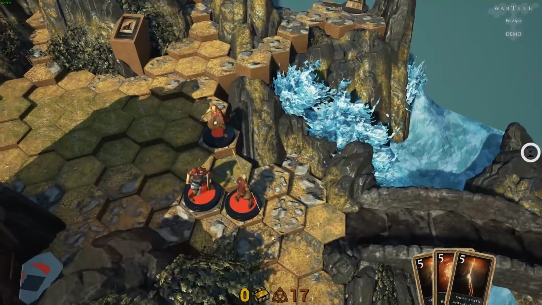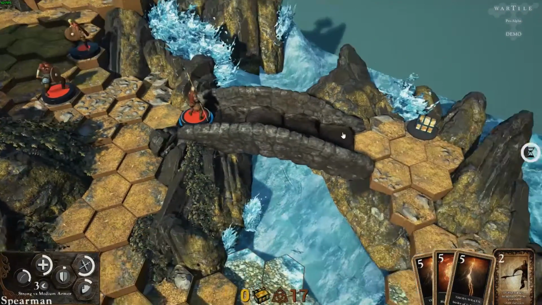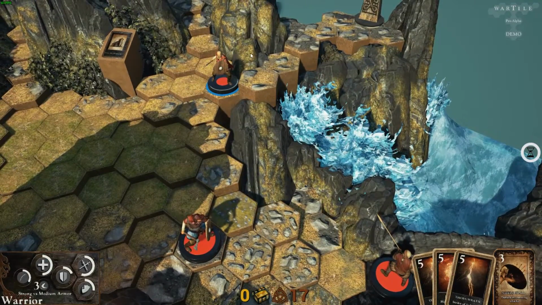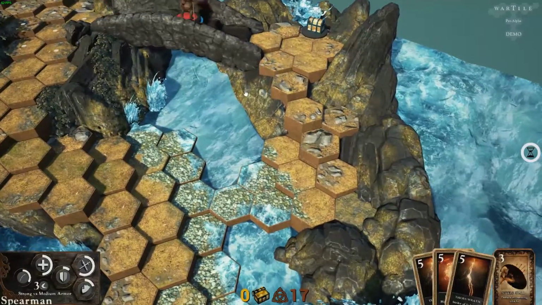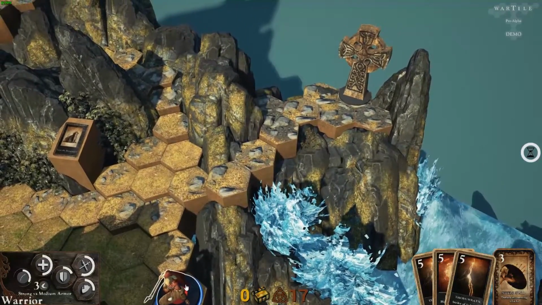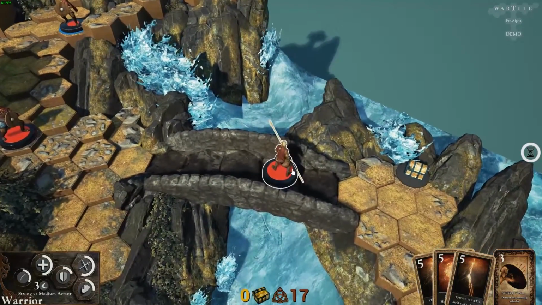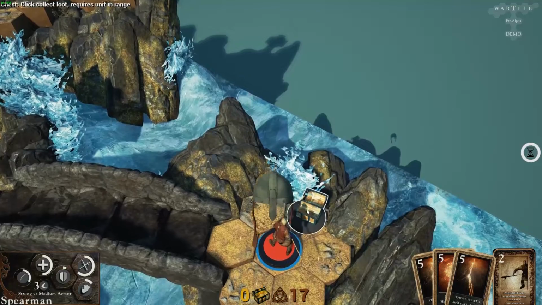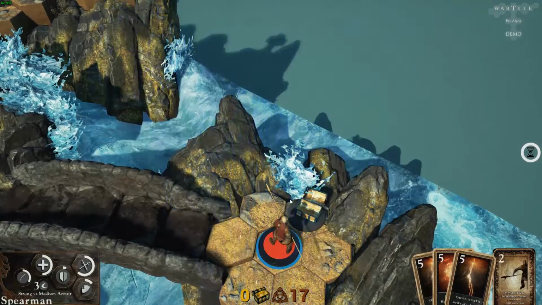We can actually also, I'm going to run back and grab this chest real quick. And also use this gentleman. Run up here and grab this relic. So it's very interesting that you can do all of these different things at once, you know? So it adds a little bit more... Ooh, a helmet. It adds a little bit more